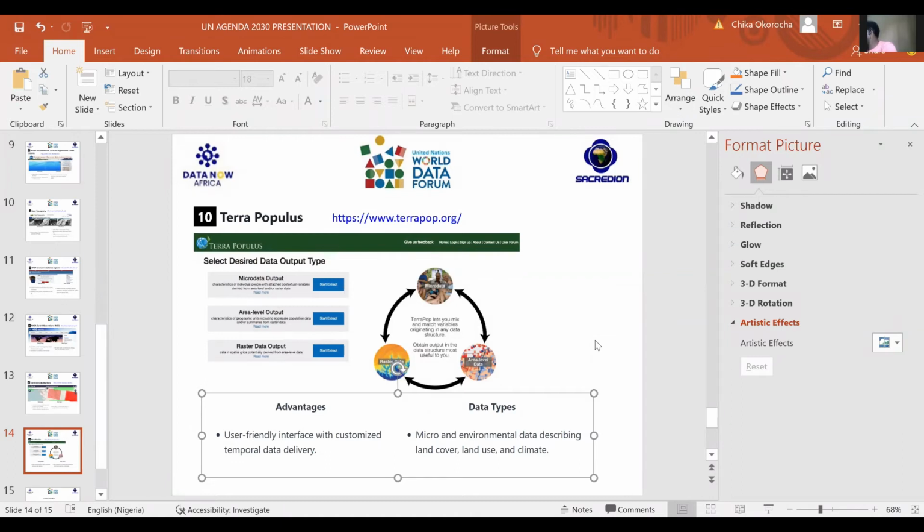Open data sources available for free. All you need to do is to register on the platform, and you have access to this geospatial data, both vector data, raster data, and socioeconomic data. You can download them for free and carry out several geospatial analyses that you might be interested in, towards solving any of the 17 United Nations goals of the world.